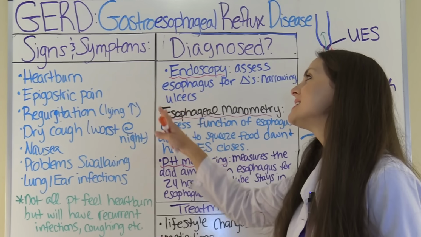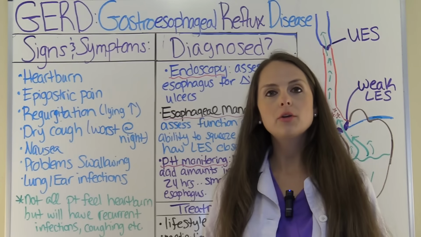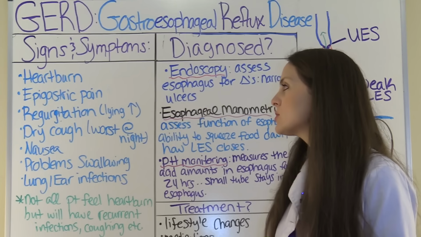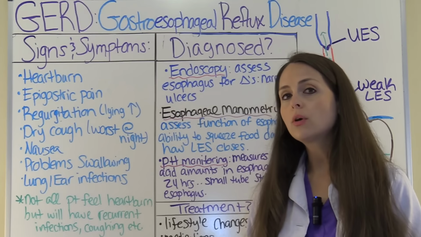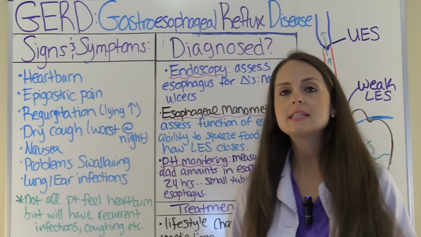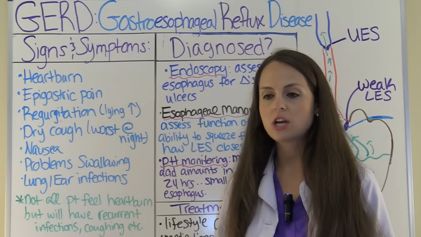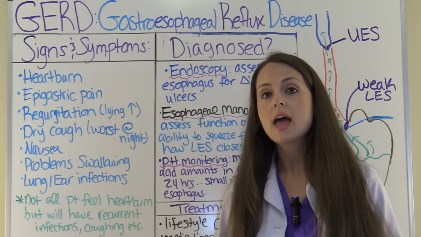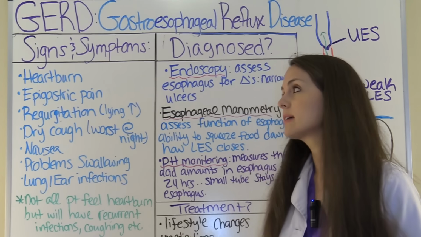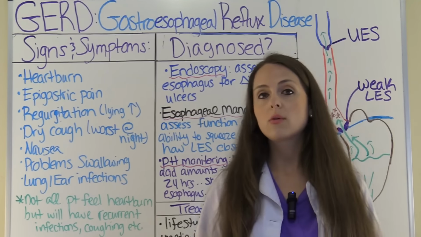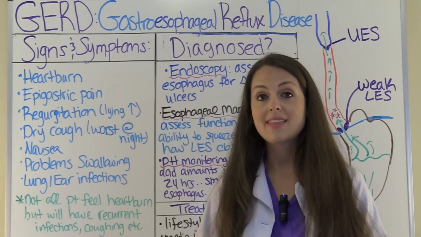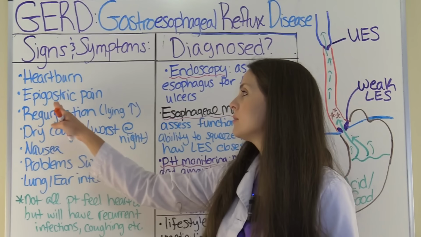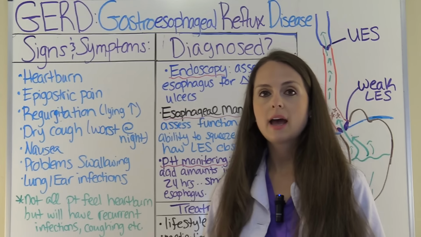Now let's look at the signs and symptoms that you may hear your patient report to you who possibly has GERD. The most common thing that patients will report is heartburn, and this is like a burning sensation in the chest. It can even be so painful that the patient may confuse it with having a heart attack. So they may need a cardiac workup as well, just to ensure that that isn't what it is, or it's GERD. Another thing they can complain of is epigastric pain, having stomach pain,